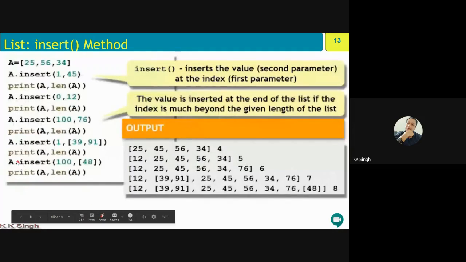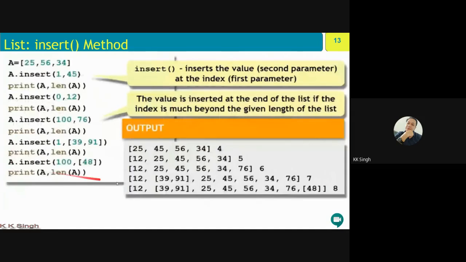Okay, now next, in this statement, as you observe, I'm going to insert one list, a sublist, within A, at index 1. So index 0 has 12 already, and index 1 has 25. Now 25 is shifted to the right, and 39, 91, these two elements, the list, is inserted at position 1.